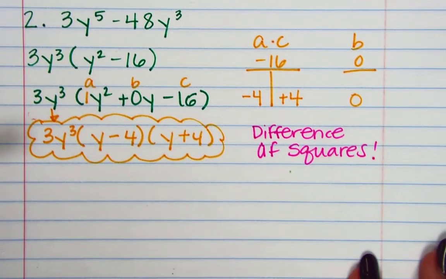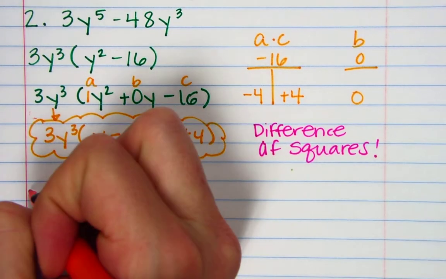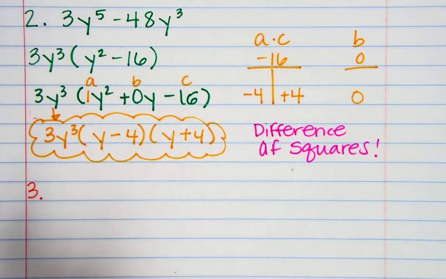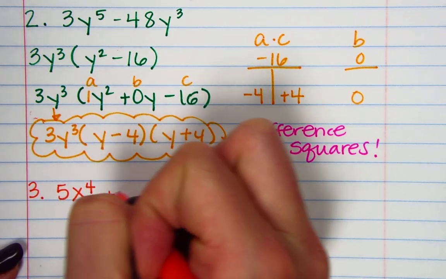All right, we're going to do one more like this. Let's see, let me get my pen. 3, 5x to the 4th power plus 30